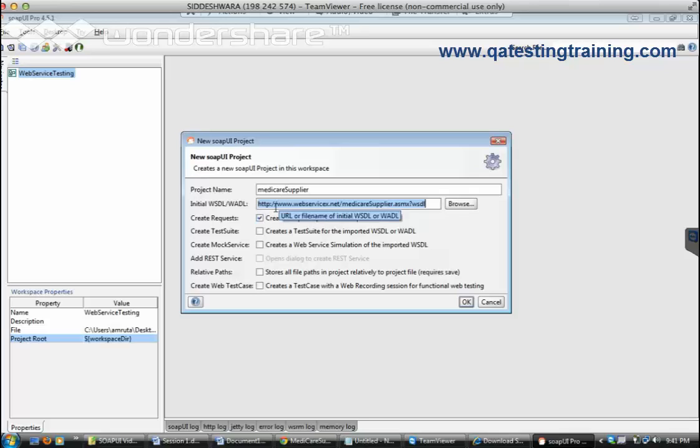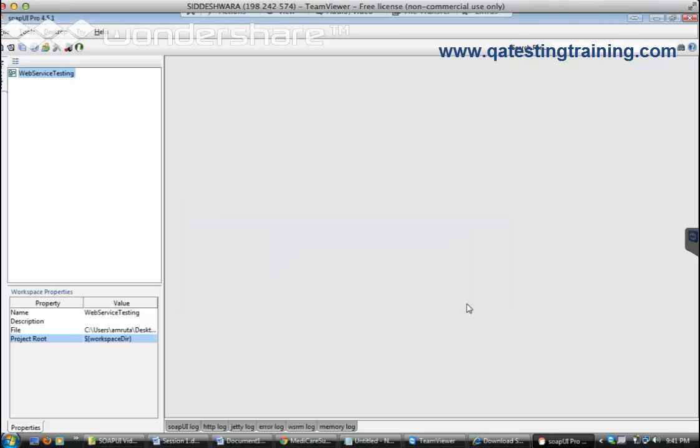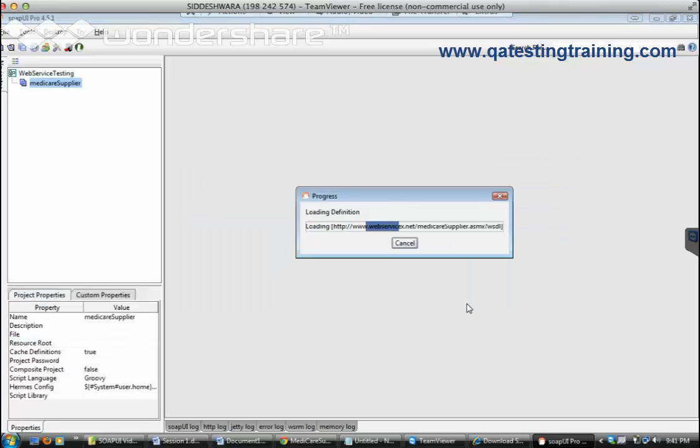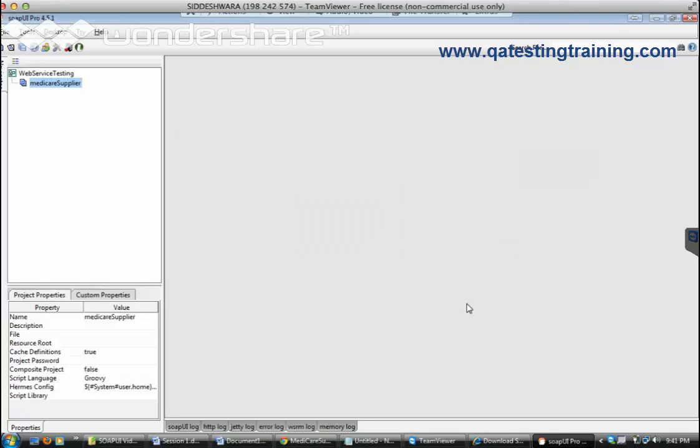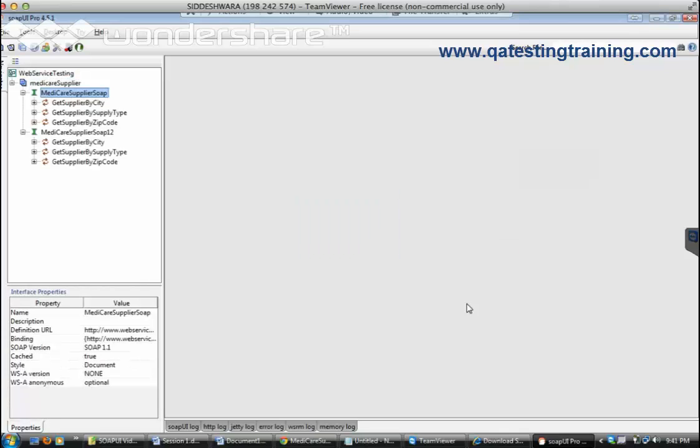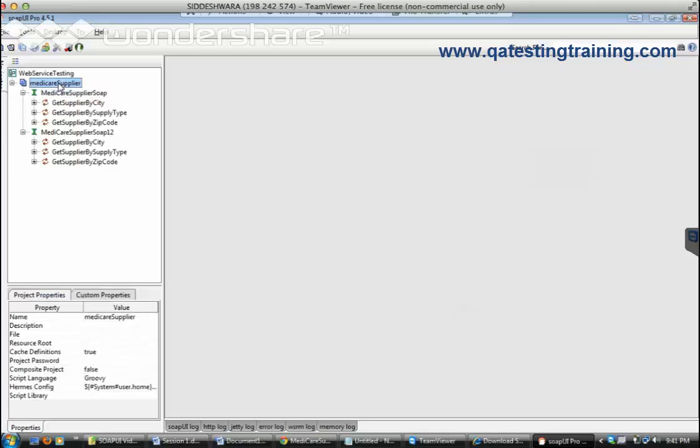and give the name according to your wish, and check the first checkbox. Now click on the OK button. On clicking the OK button, the WSDL file will be validated and all the services will be loaded. All the services offered by that particular WSDL file will be loaded in the project. Here you see, this is the project which we created,